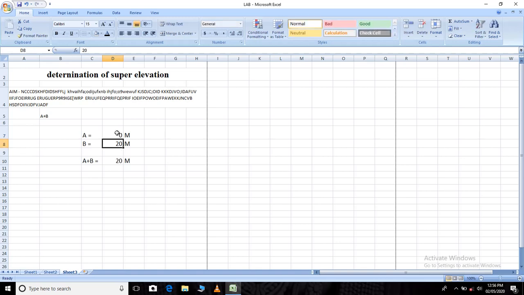Understood? Suppose you want to make it A into B. Now I will make it 10 only here. So what you have to do? In the equation you click it here, or you can double click. See, you can escape. You can double click here also. So you can go to backspace, delete that and press into. See, 10 into 20, that is 200. So this is regarding the equations.